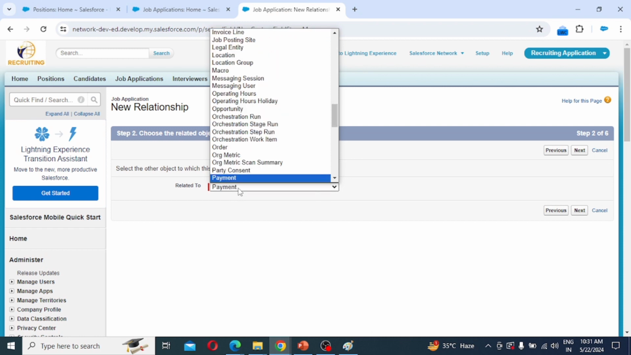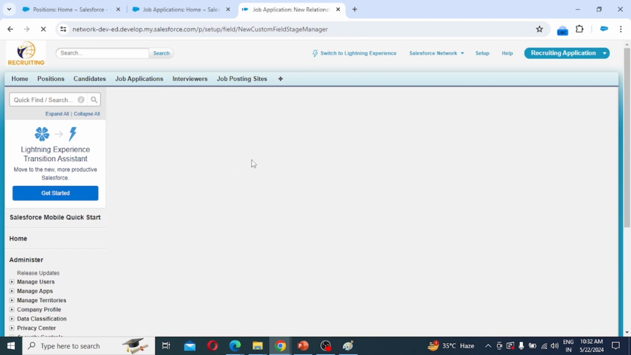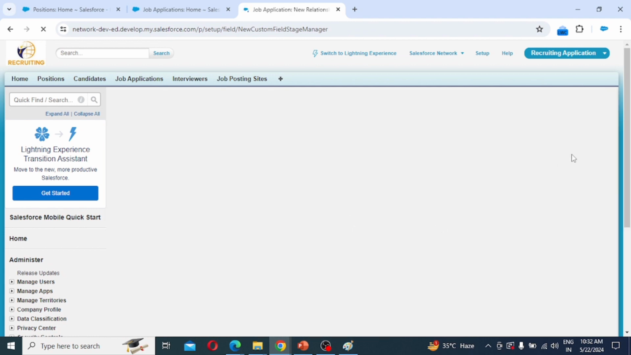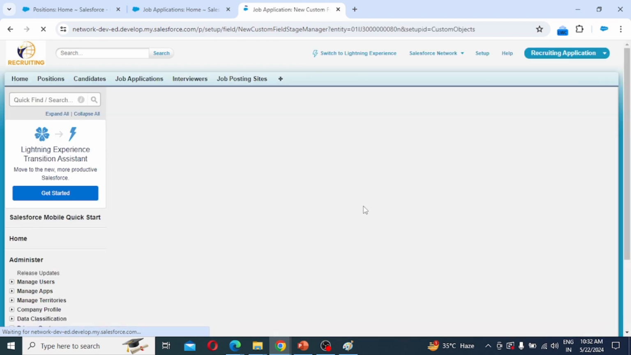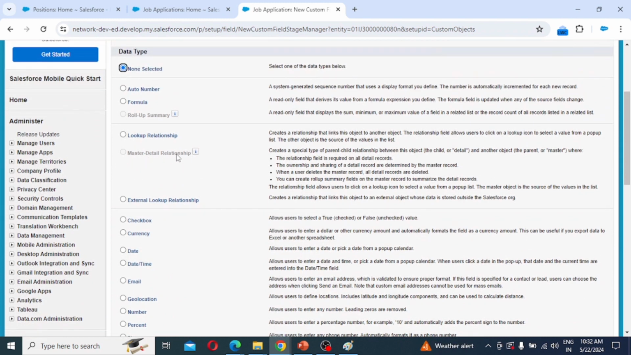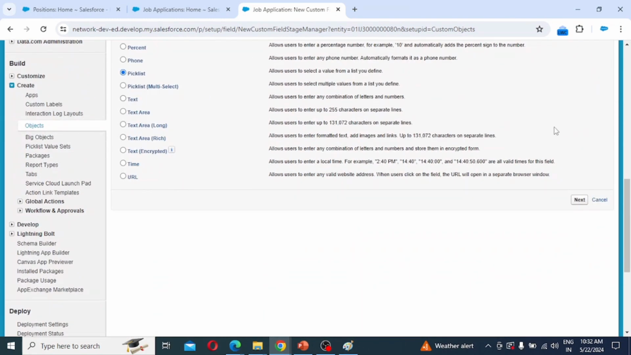So next one is position object. Next, position. Next, next, save and new. We have to create the next field stage, and it is of picklist type. So see, master detail relationship data type is grayed out. We can't create more than 2 master detail relationships on a particular object. So picklist data type, stage,